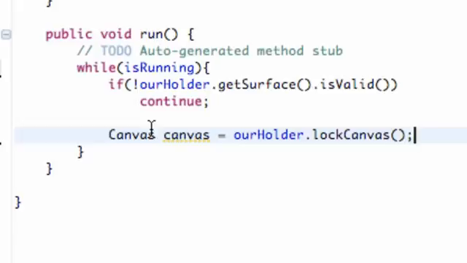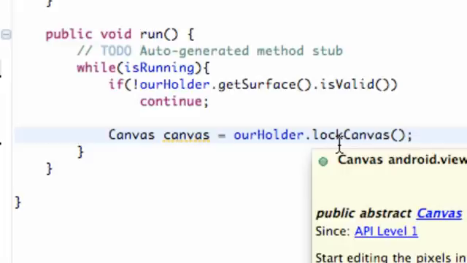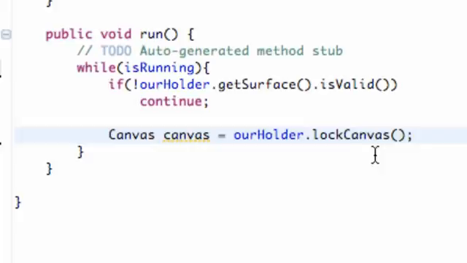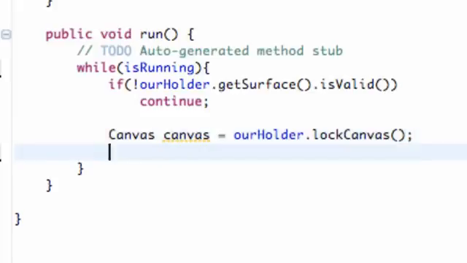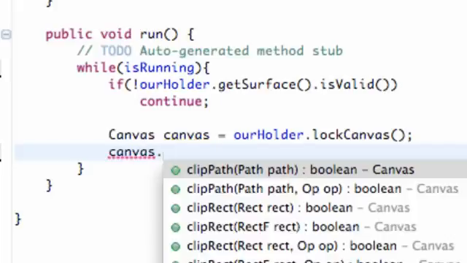So basically what's happening is we have this masterpiece, we have this great idea, and we want to paint it. So we're going to lock our door, and then we're going to paint on our canvas, and then we're going to unlock our door and show the whole world what we came up with. Basically that is what we're doing within this loop here. So we're locking the canvas so no other classes, no other activities, no other threads can access this canvas. That's the point of locking it. And once it's locked, this is where we're going to start painting, or drawing on it, I should say. So we're going to say canvas dot draw